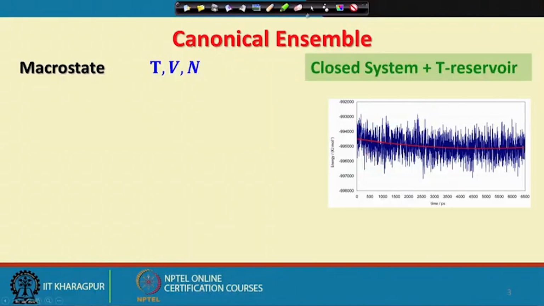always talked about a constant energy condition when we were discussing the microcanonical ensemble. And now I am saying that even if the system is at equilibrium, the instantaneous value of energy is not a constant. If I had some means of measuring the instantaneous value of energy, it is varying with time. So, isn't that a contradiction? How do I say that the system is still in equilibrium? I will answer this question, but before that, let us have a look at